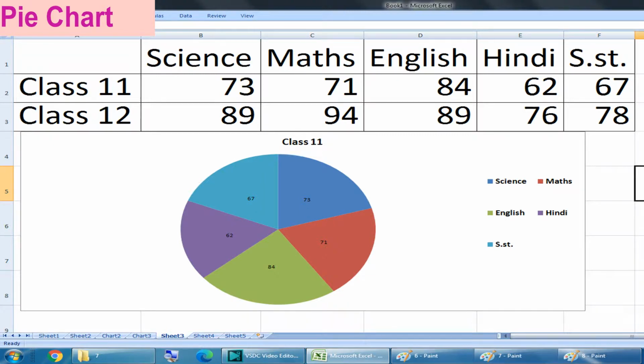In this chart, different subjects are represented with different slices and colors. The size of each slice shows what part of the 100% it represents. Pie charts are very useful to show a company's different monthly profits or different years' profits.